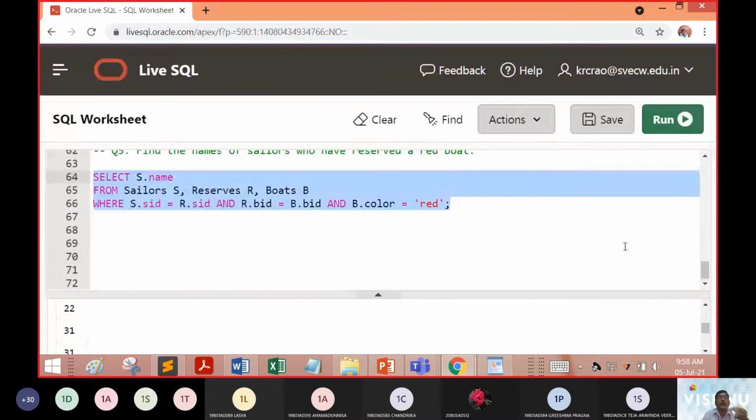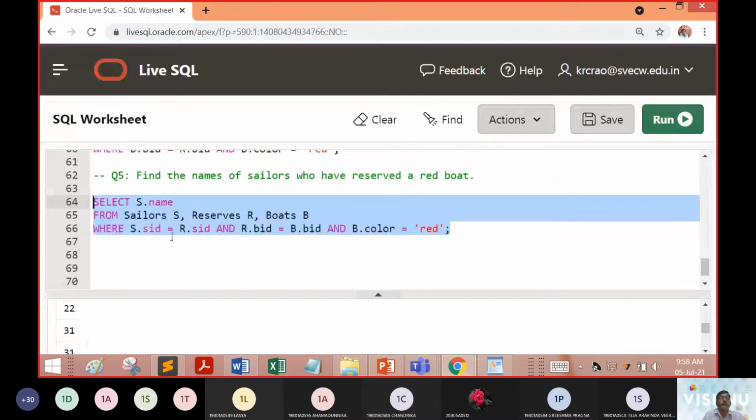So what we were mentioning is that we need to display the sailors' names. In order to display the sailors' names, we are taking the sailors table, and aliasing reserves, and aliasing boats as B. Thereby, in order to see that the tuple exists in the boat with a color, we check with color.